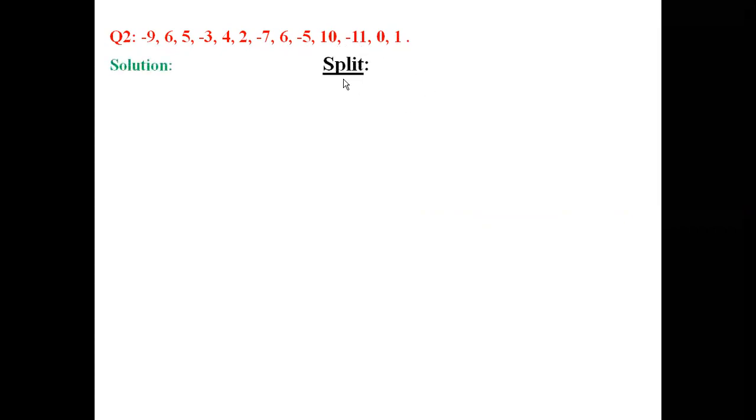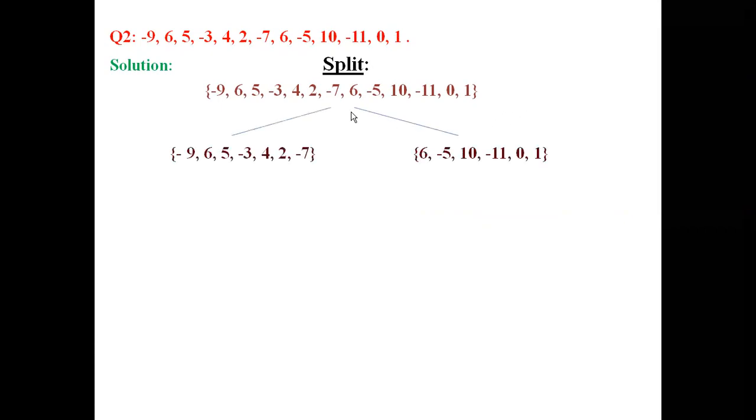First we split the elements. In the split, we take all the elements given in the form of a set. We divide it into exactly half. We had an odd number of elements here. So we take maximum to the left and minimum to the right. So there were totally 13 elements. So 7 to the left and 6 elements to the right.